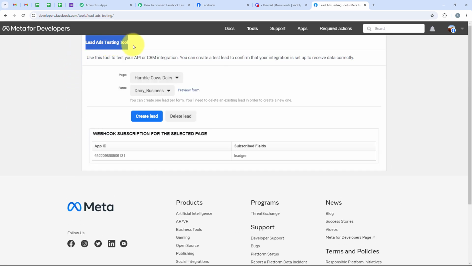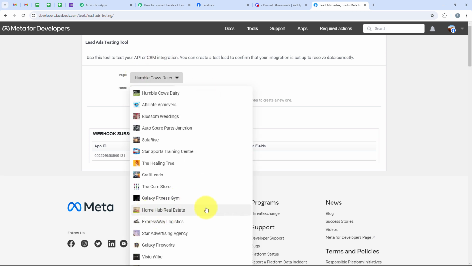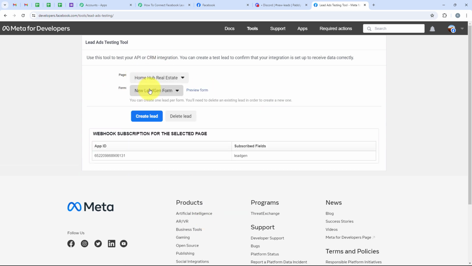And over here you can see that this is my lead ads testing tool. From here we are going to do a dummy submission or a test submission. To do this, first we have to select the page and the form. As you know, the name of my page is Home Hub Real Estate, so I'm going to select it. And now for the form, I'm going to select new lead gen form and then we are going to click